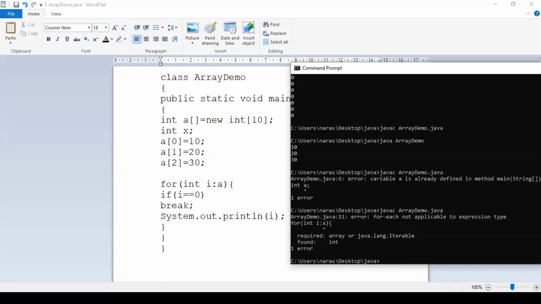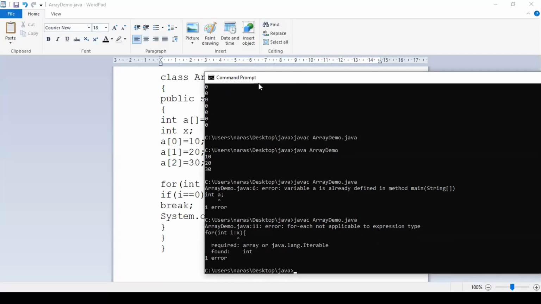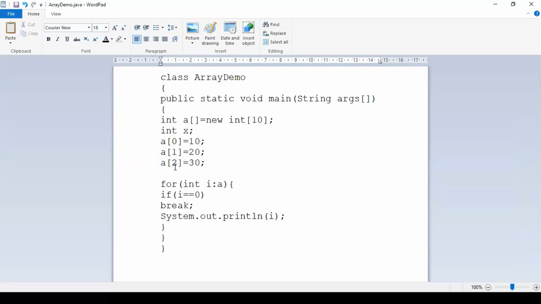Can you modify the same program to print the sum of those elements instead of just printing the elements? Can we? I'll take a variable sum. Sum is equal to 0. So let it navigate from a starting point to a last point. Let me take it as a normal for each loop itself, right? Within this for each loop, let me write a statement: sum is equal to whatever is the previous sum plus whatever is the value of i. This will be in a loop now, right?